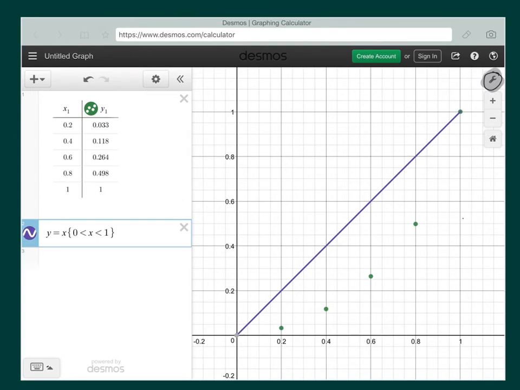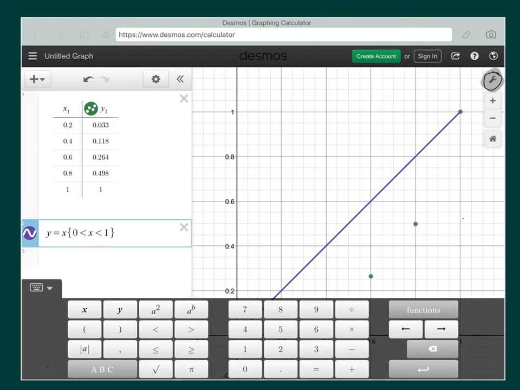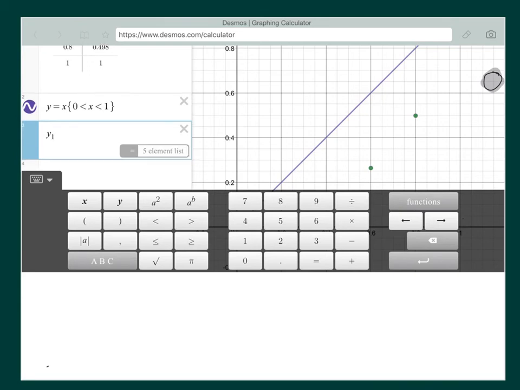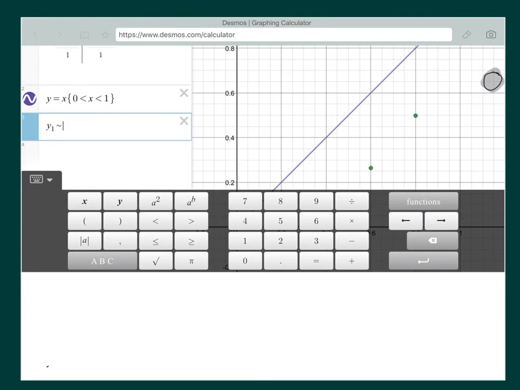Okay, the next thing I'm going to do is type in the next box y1. It automatically recognizes that I want y1 because I've already used y1 in the table. The next one is not an equal sign; I want to use the tilde symbol, which in geometry is used for "is similar to."